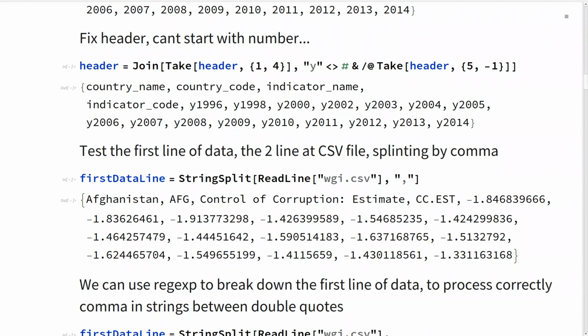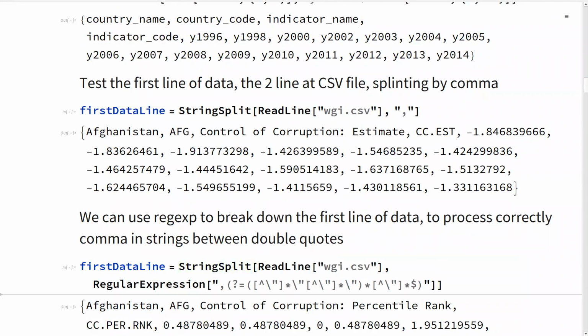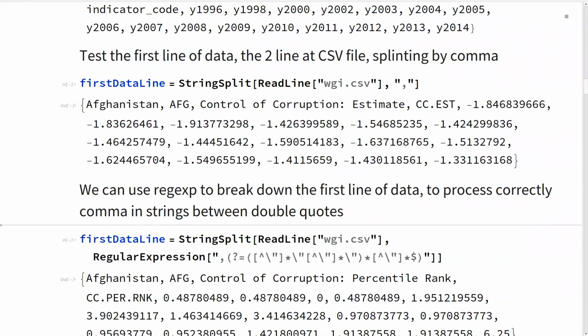We have lots of strings and floats. Usually we can use a comma to break down the line. This should be a very simple thing, right? But it's not, because in many cases there are commas inside single or double quotes.